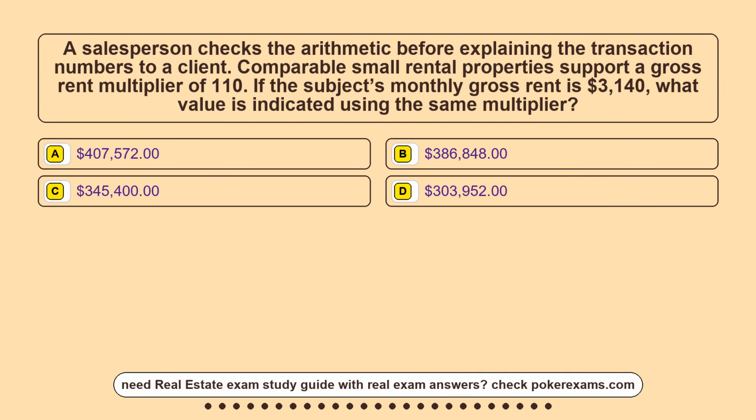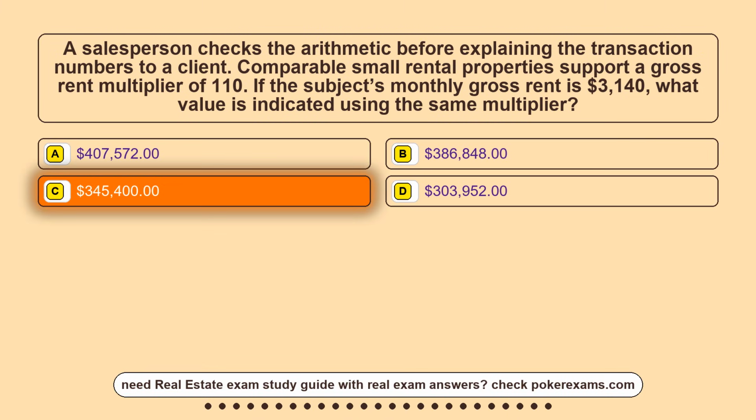Option A, $407,572. Option B, $386,848. Option C, $345,400. Option D, $303,952. The correct answer is option C,